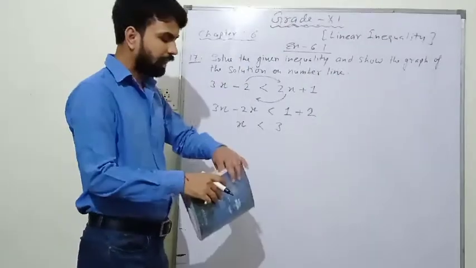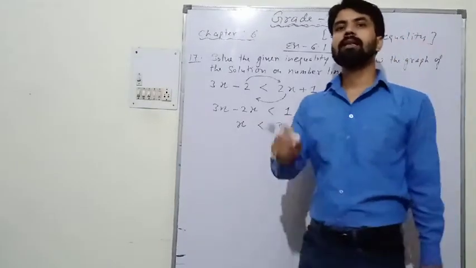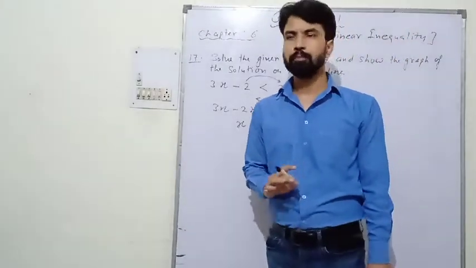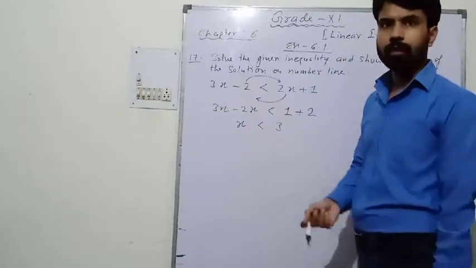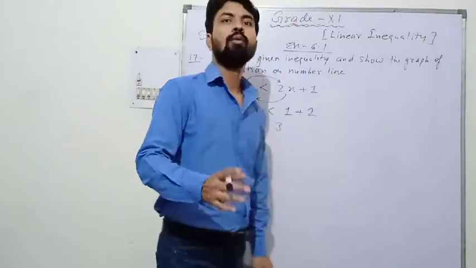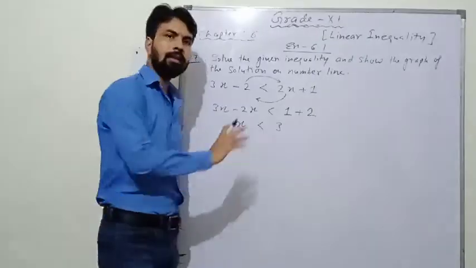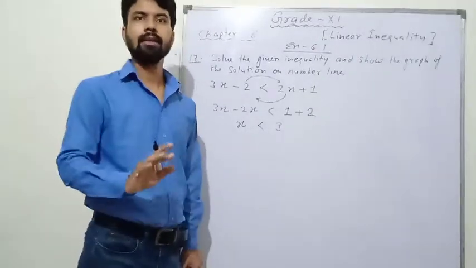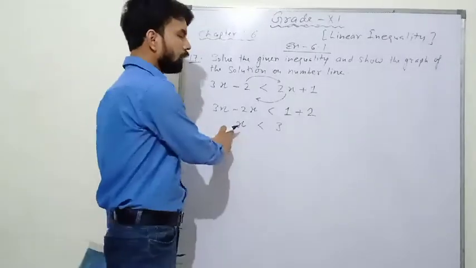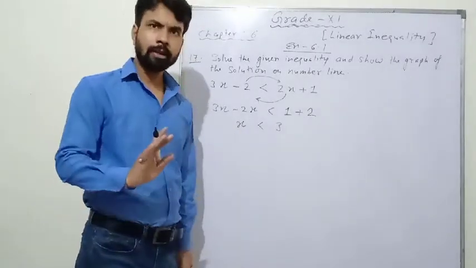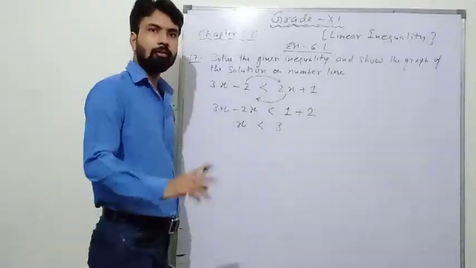Nothing is given. In previous questions, it was given that x is a natural number, x is an integer or x is a real number. But here in this question it is not given that x is what? Natural number, integer or real number. So what we will do, if nothing is given, that means we will consider x is a real number. So we will have to give the solution of this x for real number. Got it?